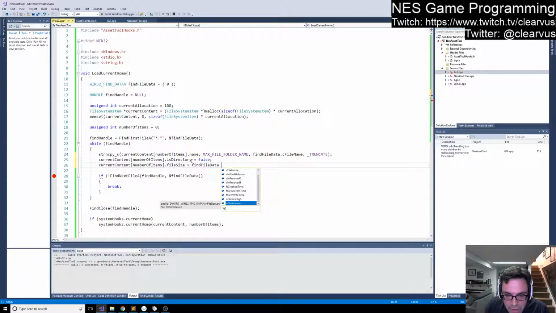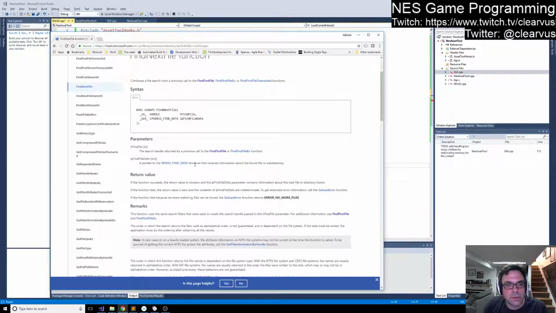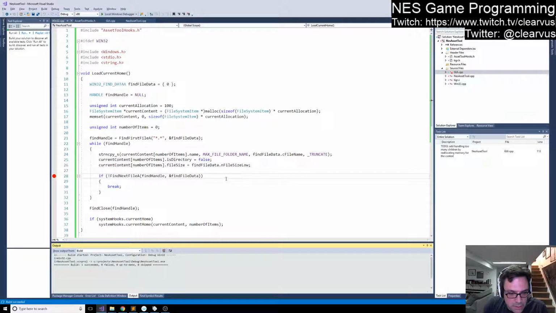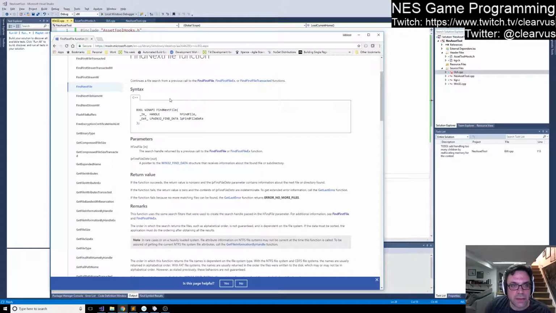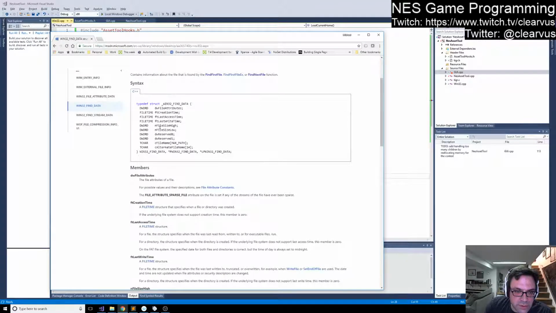File size high and low, so they divided up. I'm just going to go with the file size low because, again, we don't really care about anything that big. Normally you'd use the high and low size to get the full size of the file, but if we go to the definition of the find data, you'll see that the file size high and low are two 32-bit